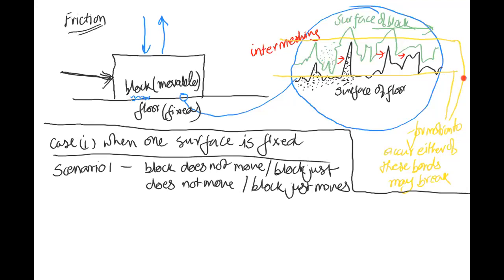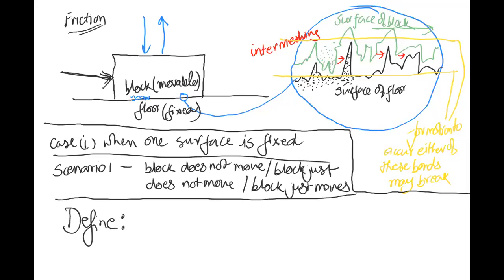Okay? और सिनारियो 2 में विल डिस्कस कि ये बॉन्ड्स ब्रेक हो गए हैं. Okay. So scenario 1 is this, and to describe scenario 1, I am going to define something which you have